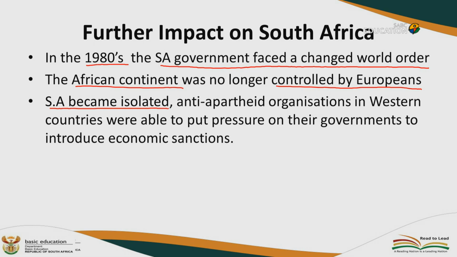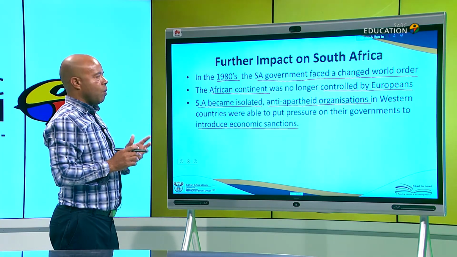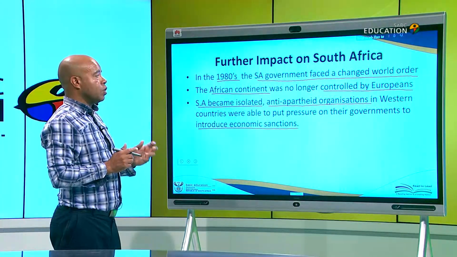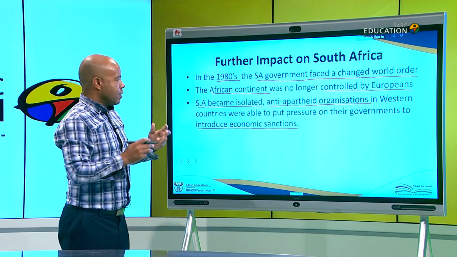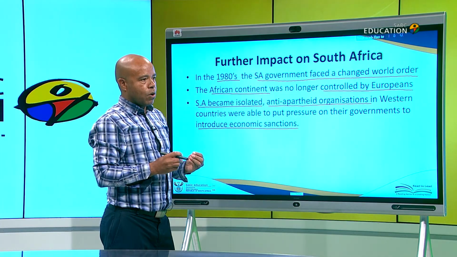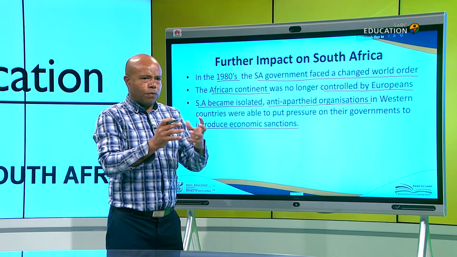Anti-apartheid organizations, take note, anti-apartheid organizations in Western countries were able to put pressure on the governments to introduce economic sanctions. So, in the 1980s, very important that we understand this part. The South African government faced a changed world order. Why? Because the African continent was no longer controlled by Europeans, and South Africa found themselves isolated. Why? Because they were now the only country in Africa that was still practicing the system of segregation, the system